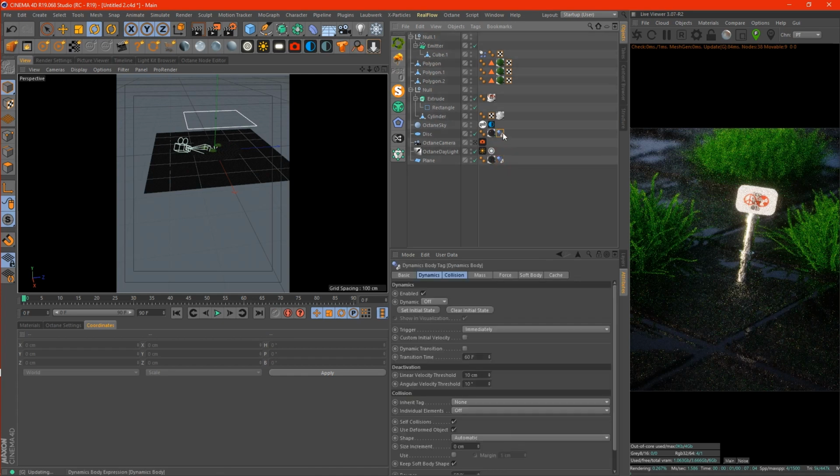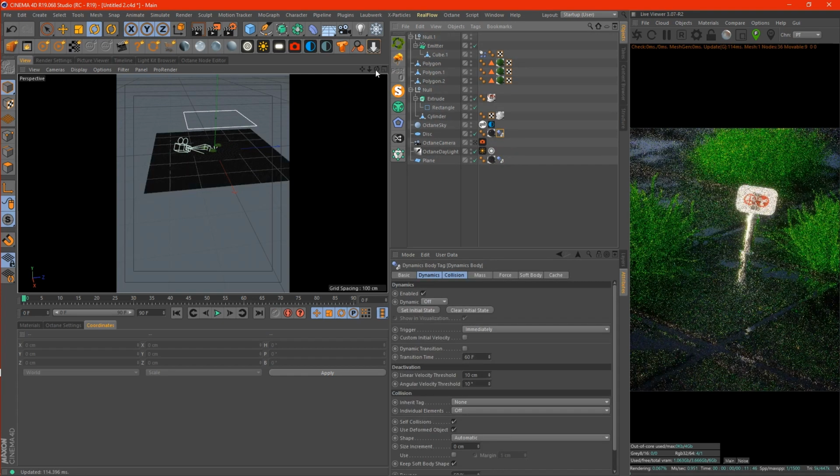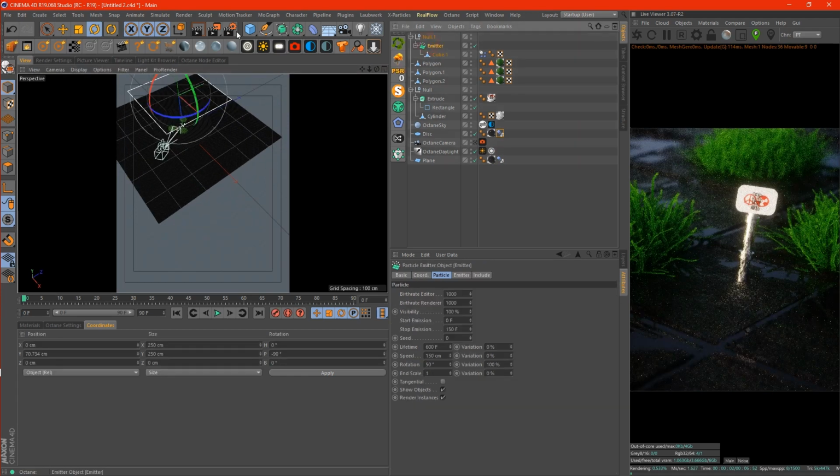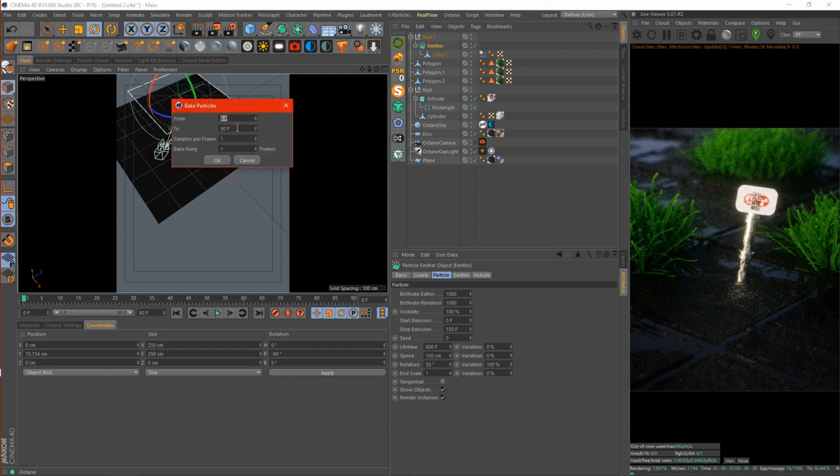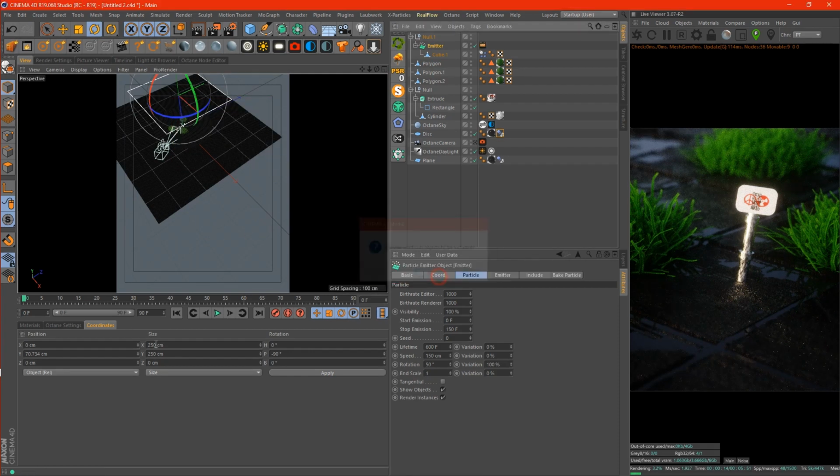Control and drag it, so you can have it on the disk as well. And in the emitter, I really want to bake the particles. So if you go to particles, you can bake particles, maybe we can increase the frame to 200, press yes, and if you press play,